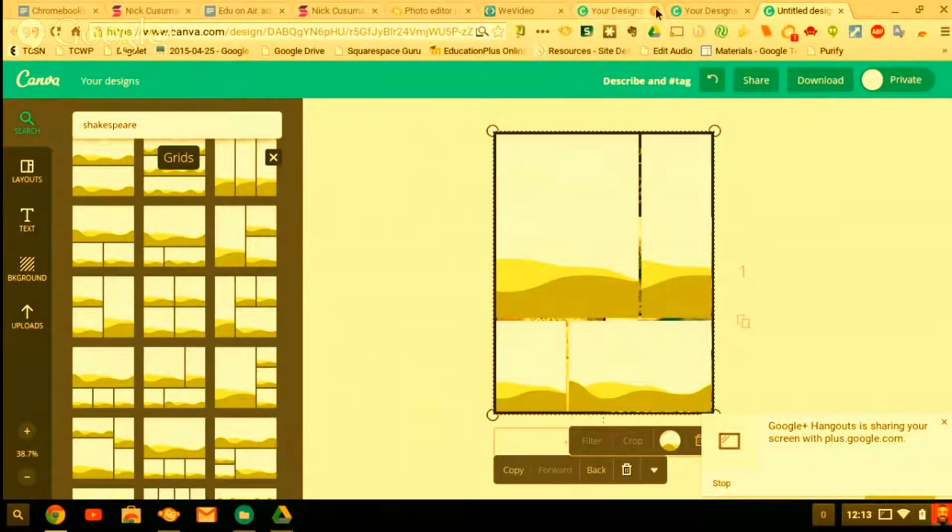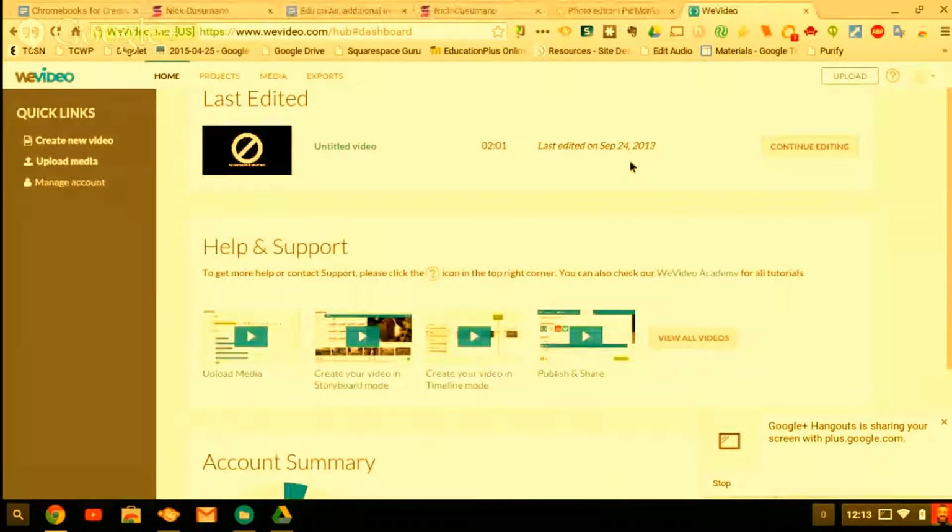One other thing I did want to mention on the visual end is if you have students who work really well with Photoshop, you might want to look at